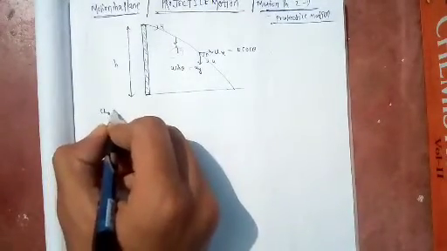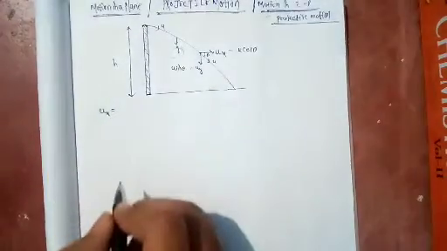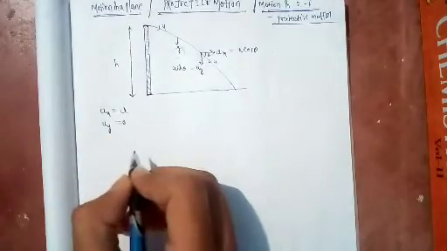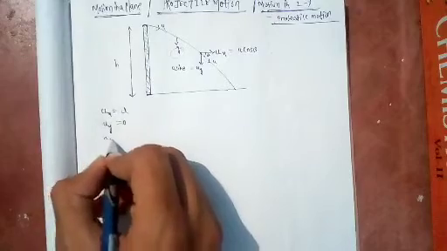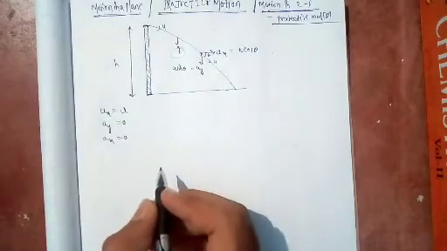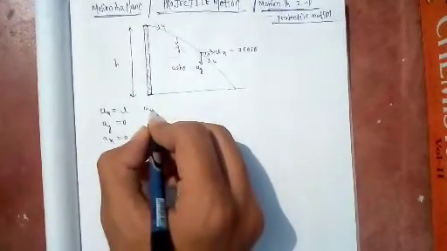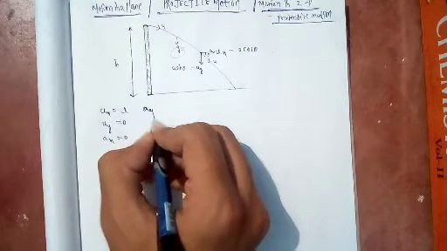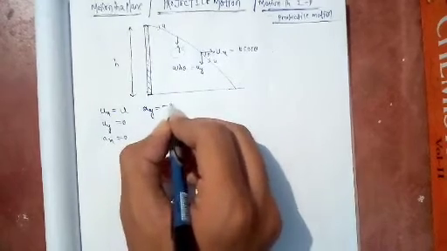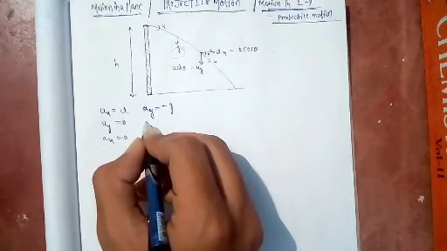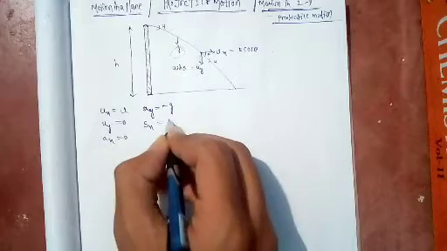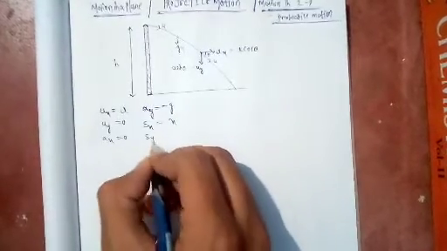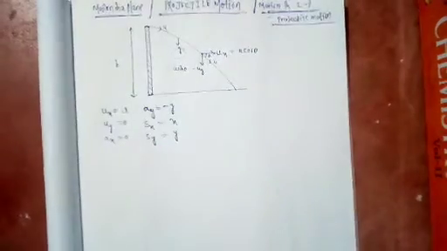the initial velocity in the x direction is u, and in the y direction it is equal to 0. Acceleration in the x direction is equal to 0. Then acceleration in the y direction is equal to minus g. Then, displacement in the x direction, that is x, and displacement in the y direction, that is y. Okay,